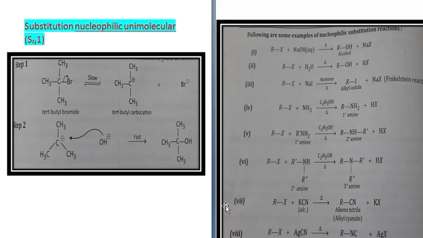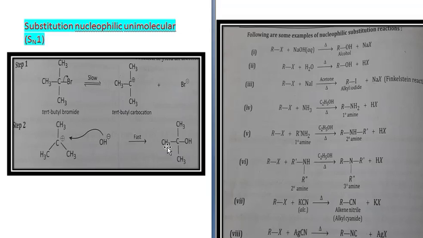So it is a two-step reaction. In both cases, SN1 as well as SN2, alcohol is being formed, but SN2 is a single step reaction, whereas SN1 is a two-step reaction. And in SN1 reaction, the rate determining step is the first step, because in the first step the carbon halogen bond is breaking heterolytically to form an intermediate carbocation. So this is the rate determining step, and in the second step the nucleophile is being added, so that is not determining the rate of the reaction.